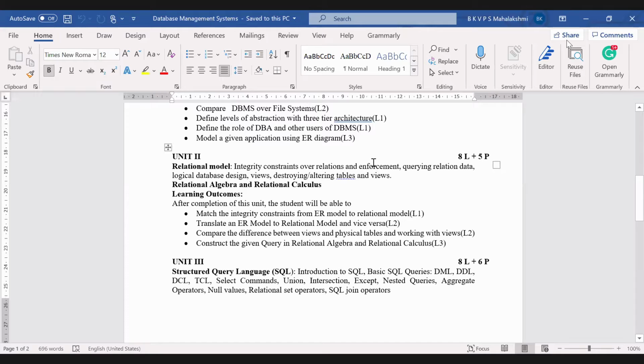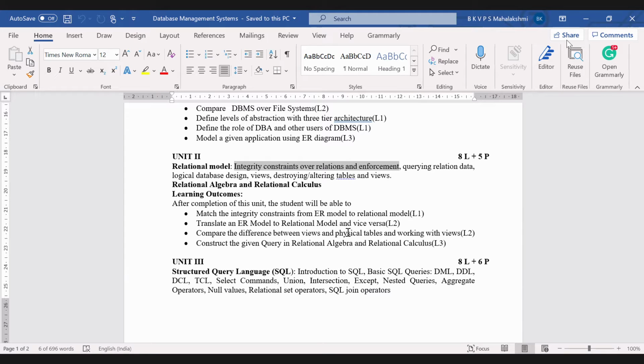Coming to the first part, our first concept is integrity constraints over relations and enforcement. Okay, so we don't know even the small syntaxes of DDL or DML.